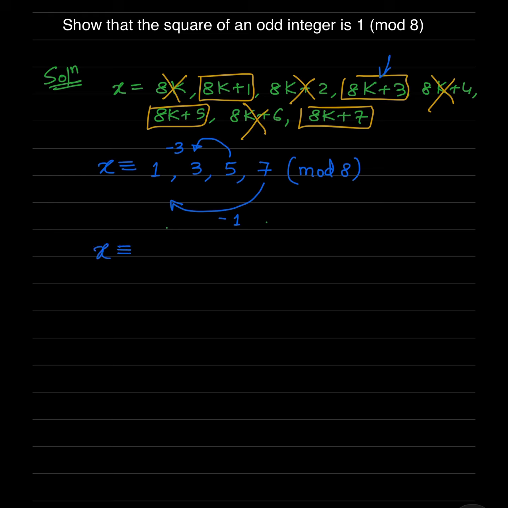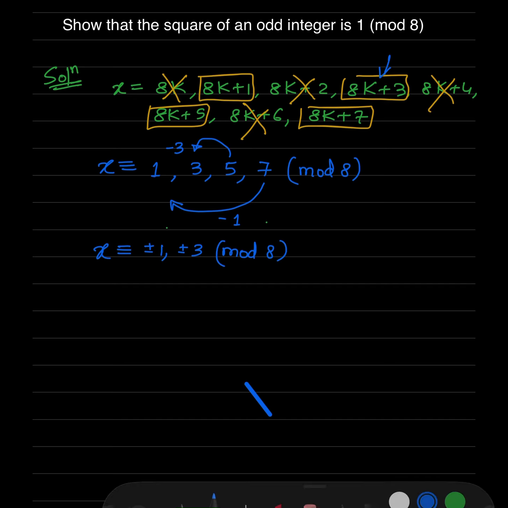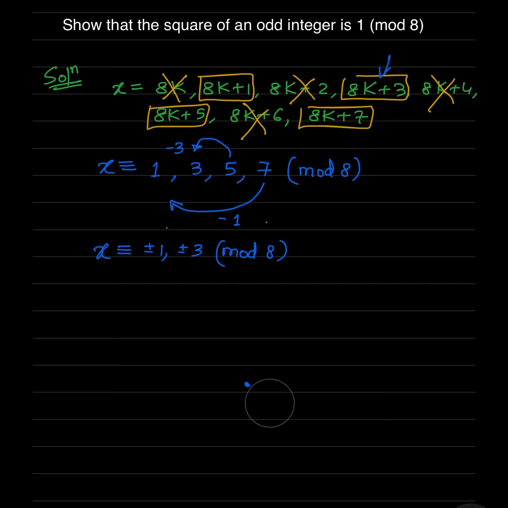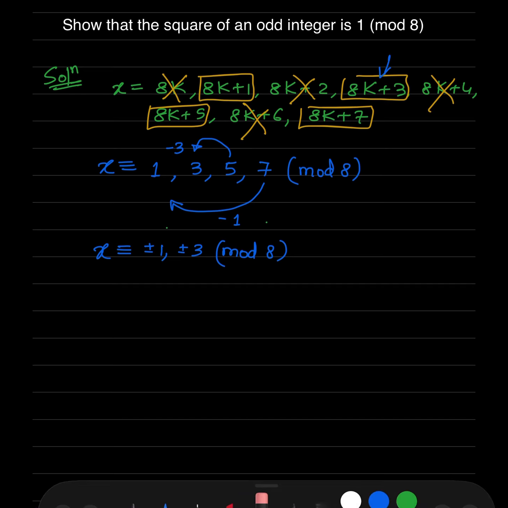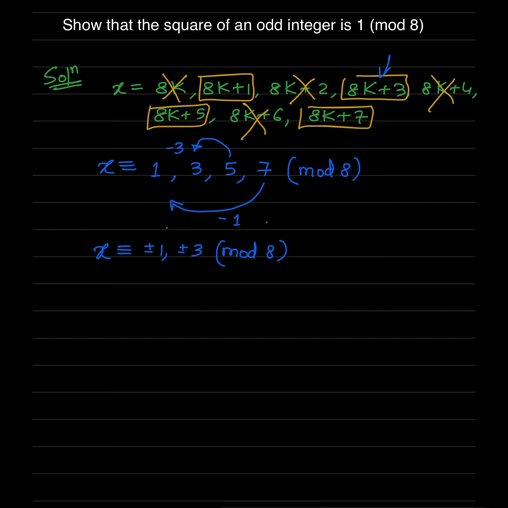So number x, which is an odd integer, is basically congruent to plus minus 1 and plus minus 3 mod 8. So when you divide by 8, you get a remainder plus minus 1 and plus minus 3. Now what am I supposed to do? I am basically supposed to